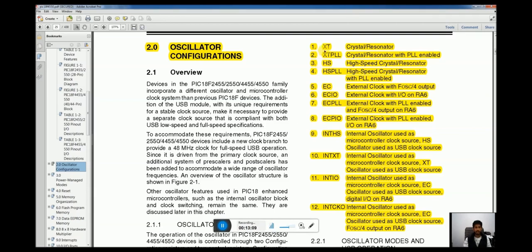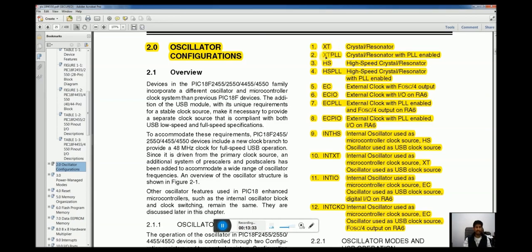The first option is XT, that stands for crystal or resonator. So if we select the XT option, we have to connect a 2-pin crystal or a resonator with the external 2 pins, pin number 13 and 14 of the microcontroller to provide it the master clock.